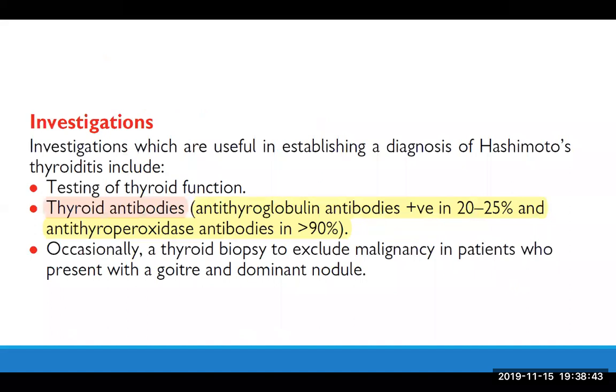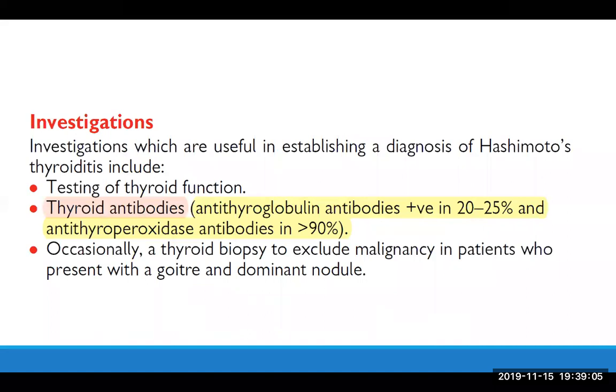The investigation of any case of Hashimoto thyroiditis is, of course, the thyroid function test, TSH and free T4. No role for T3 or free T3 in any case of hypothyroidism. The thyroid autoantibody, anti-thyroglobulin antibody, is positive in about 20% of cases, and of course, the anti-TPO is positive